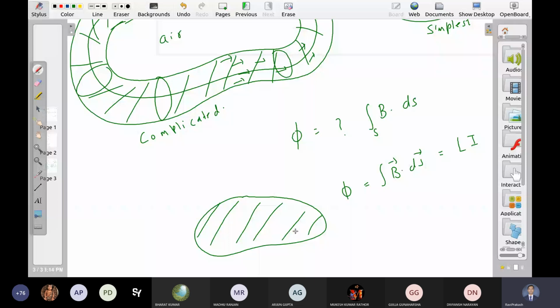Now I take one more wire, precisely the same wire, exactly on top of it. So there are two wires now, and both have currents I. Can you please tell me what the flux is now? 2 B dot ds, sir. This plus one more integral like this, and what do you get? Li plus Li is equal to 2Li, right? So we are taking flux due to both the wires.